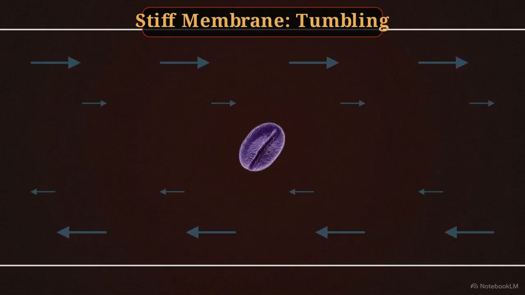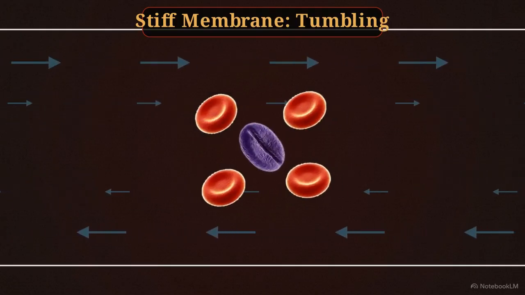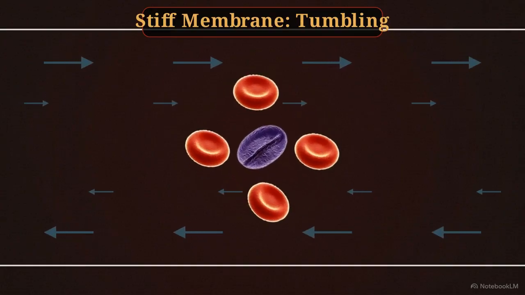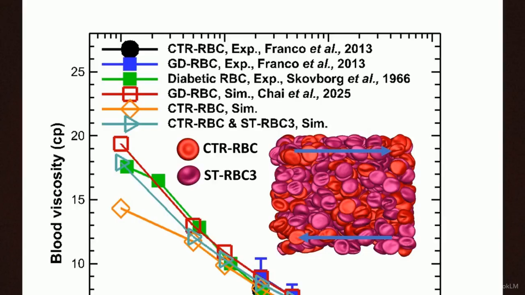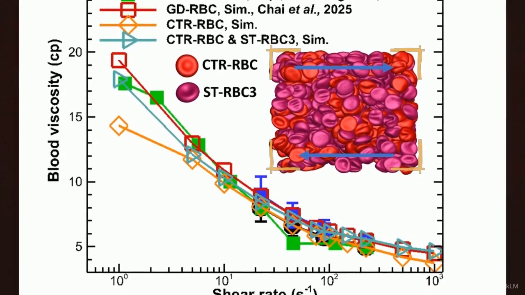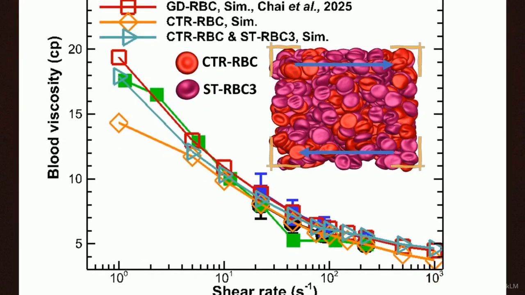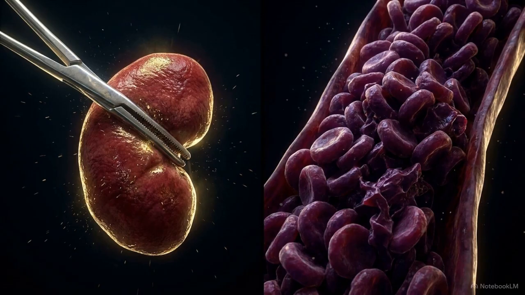Instead, they tumble awkwardly, physically locking together and colliding with healthy cells in the bloodstream. Looking at this graph, the result is clear. At low flow rates, these tumbling cells spike blood viscosity by 30%. As the 3D inset shows, this creates dense, congested clusters, driving massive blood clots in the veins following surgery. The surgery kills these specific patients because removing the spleen destroys the exact filtration system required to keep their blood